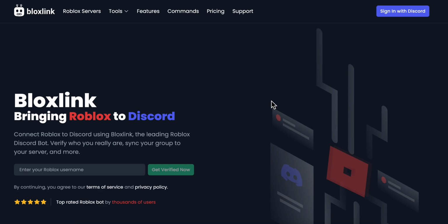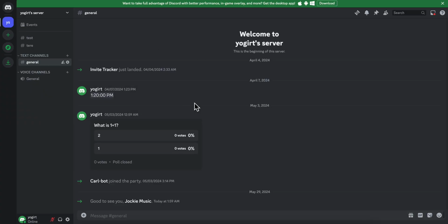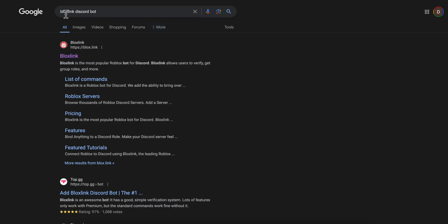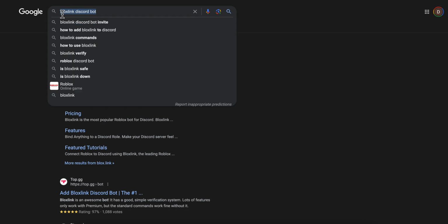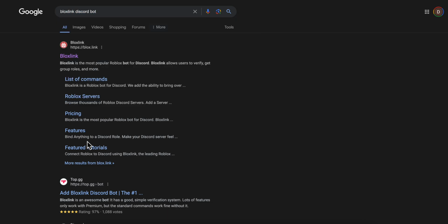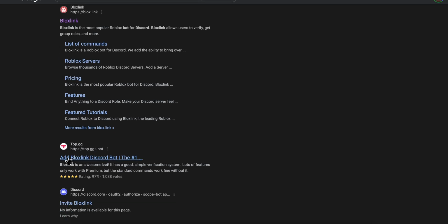In this video, I will show you how to set up Bloxlink on Discord. So the first step is to simply open any browser and then search for Bloxlink Discord bot. Now the next step is to simply click on the second link from top.gg and then you're gonna get redirected